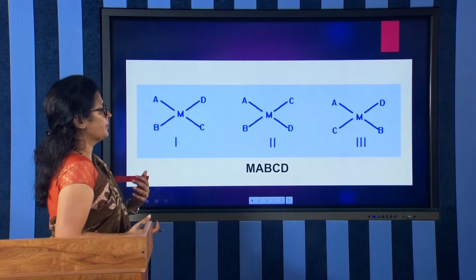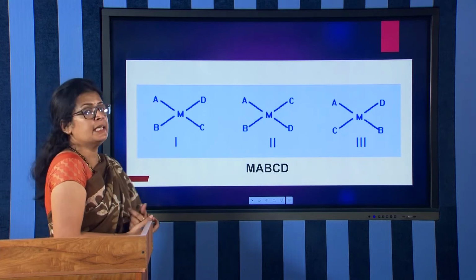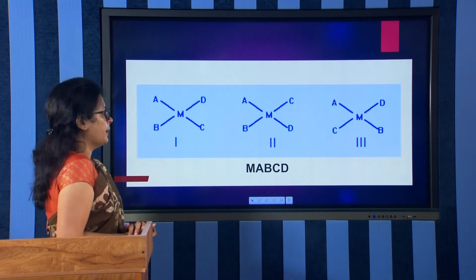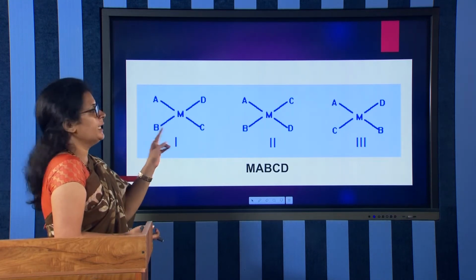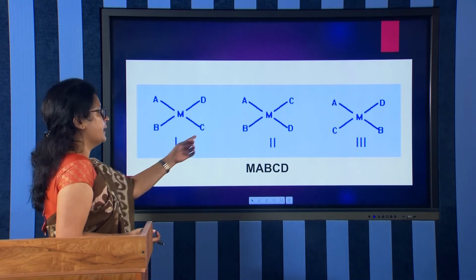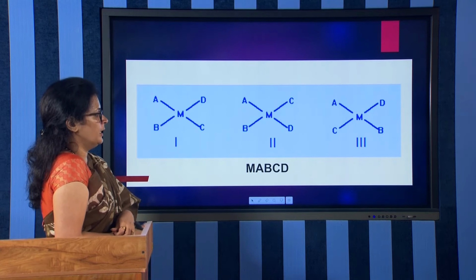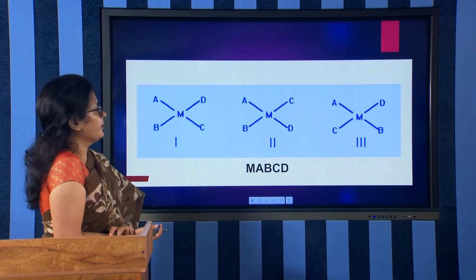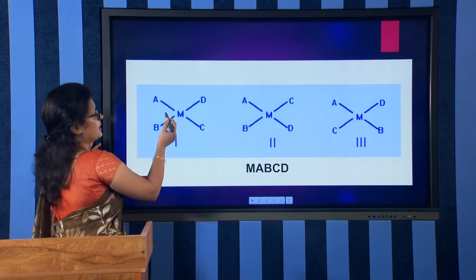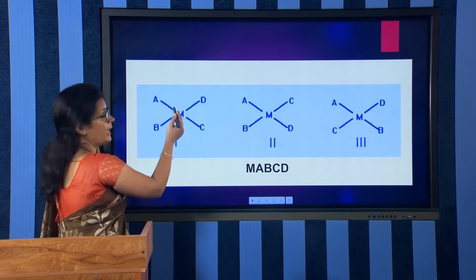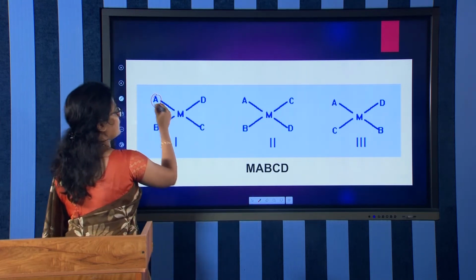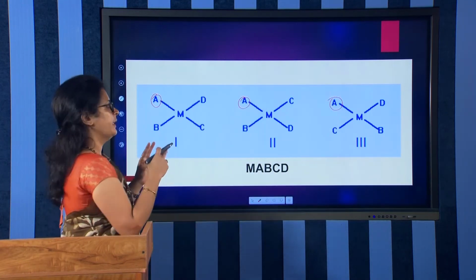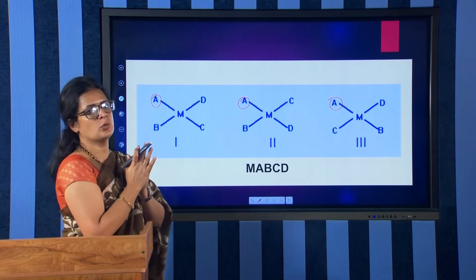And now coming to the third type, that is MABCD. MABCD means central metal atom and all the ligands are different. That will be showing 3 types of geometrical isomers, and they are represented like this. And you may be thinking how it will show geometrical isomerism. I can say these are the geometrical isomers because actually I am fixing one position. A will be fixed in all the cases. A is fixed. With respect to A, the spatial orientation is different. That is why I can say 3 geometrical isomers are there.